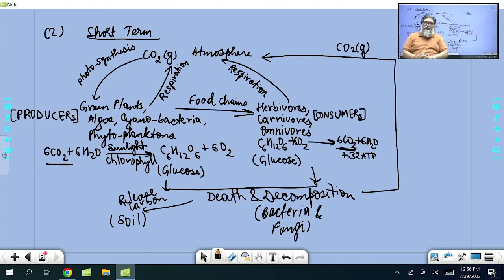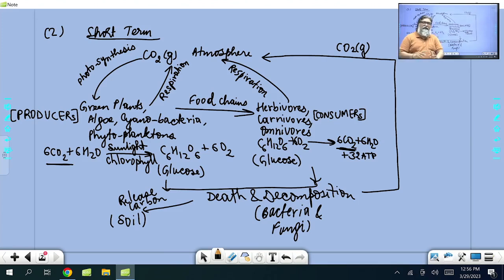And I'm very sure you all have read about the carbon cycle. आप सभी को कार्बन साइकिल स्कूल डेज से कॉलेज में सब पता है ये क्या है, बस उसको केवल ध्यान में रखना है ना. तो ये शॉर्ट टर्म का एक पार्ट है. Any doubt on what I drew in the diagram? Then I'll go to the next part of the carbon cycle. No doubt.